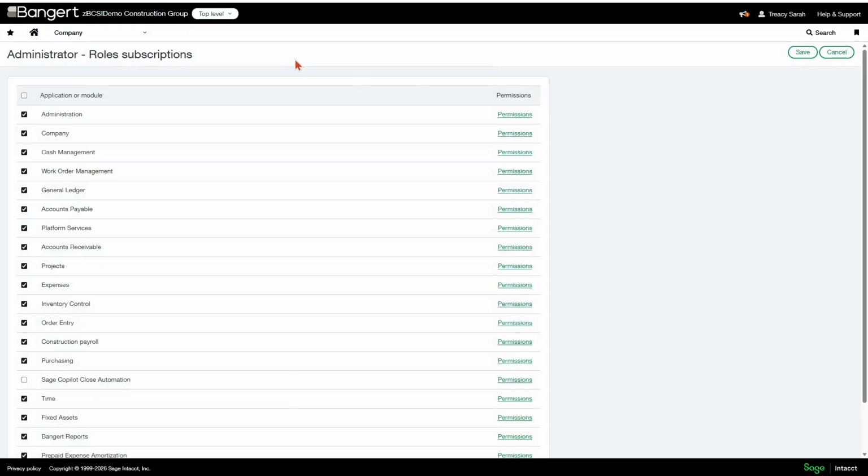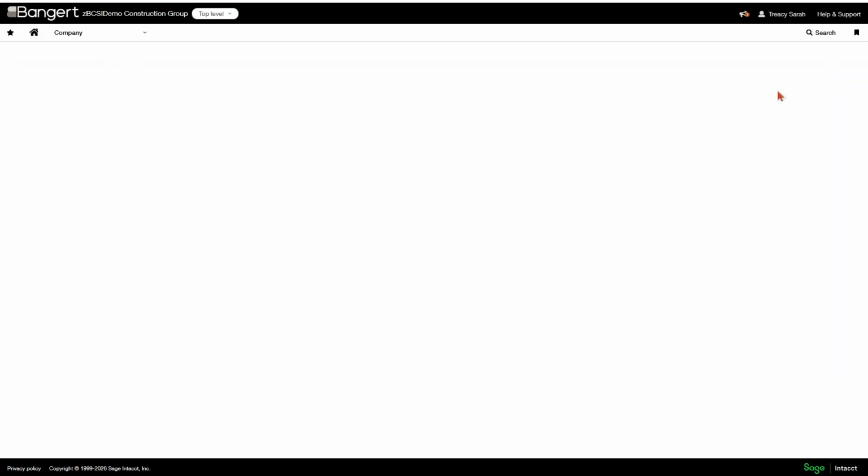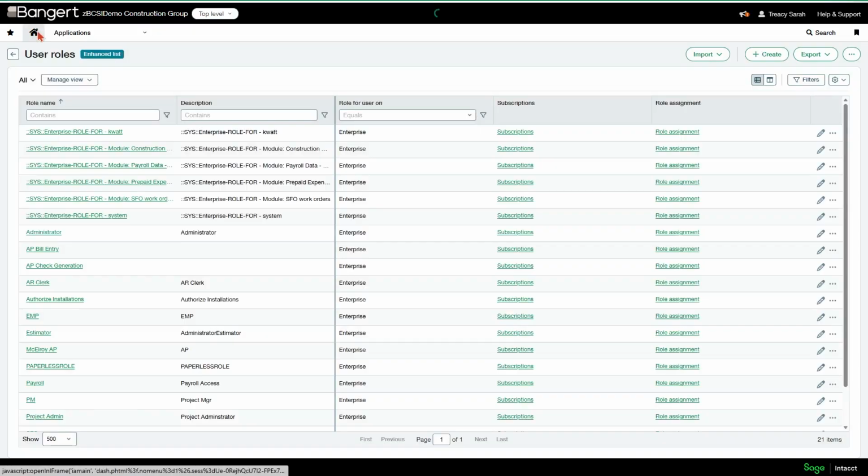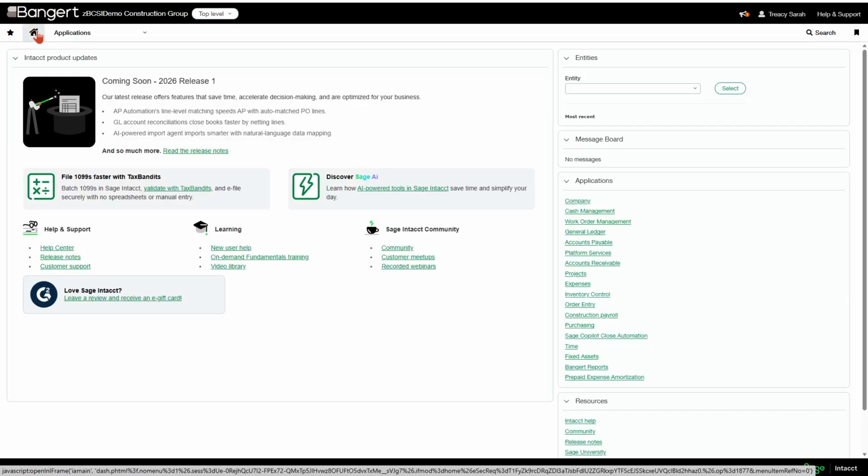And then, any permission that is updated with this release, if there's a role that you have that needs to be applied to, you do have to go in and do that. And as we go through the different features that have been added, we'll mention if there are changes to permissions.